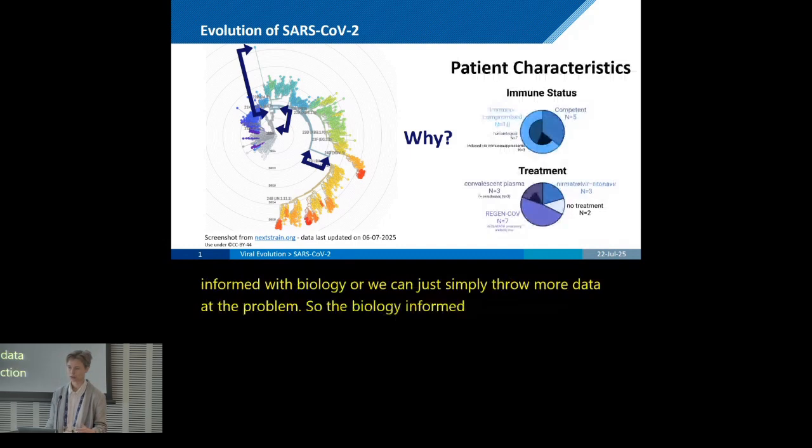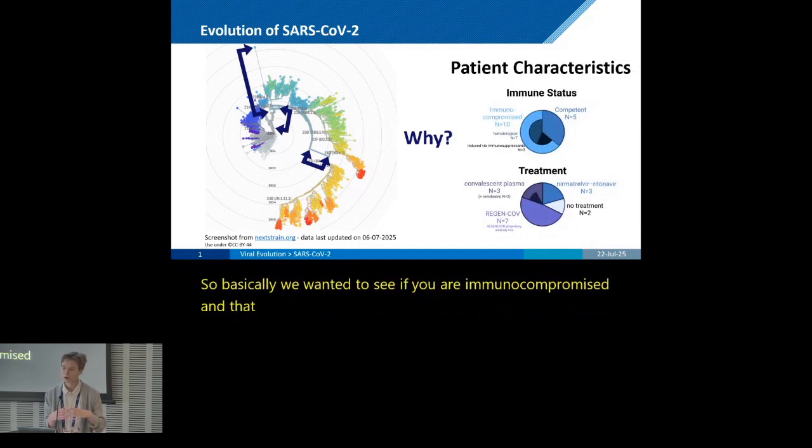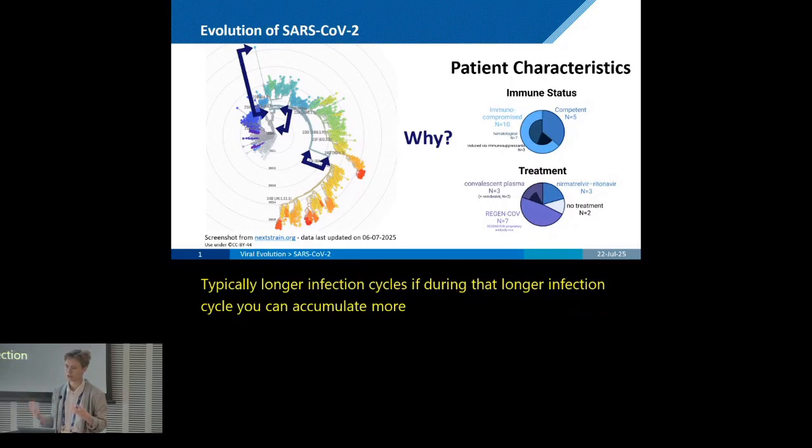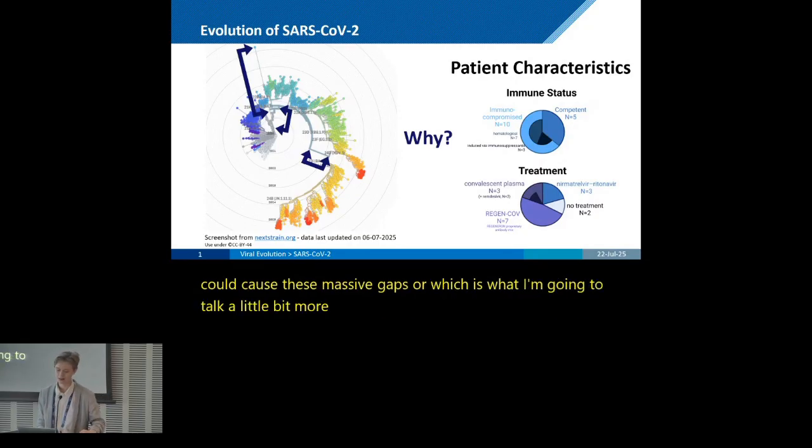So basically, we wanted to see if you are immunocompromised, and that typically leads to longer infection cycles. During that longer infection cycle, you can accumulate more mutations, and thus a single transmission event from such an immunocompromised host could cause these massive gaps. Or, which is what I'm going to talk a little bit more about today, it's my focus, which is the